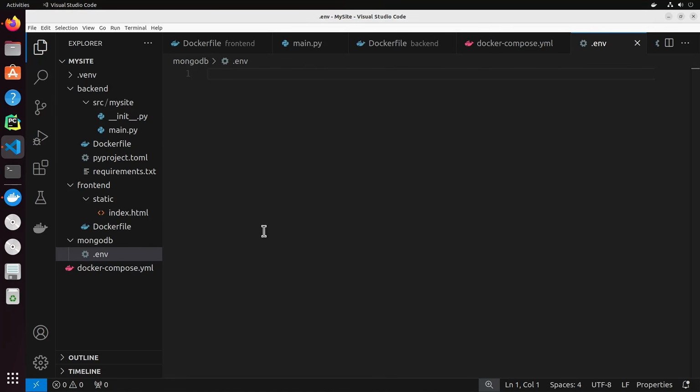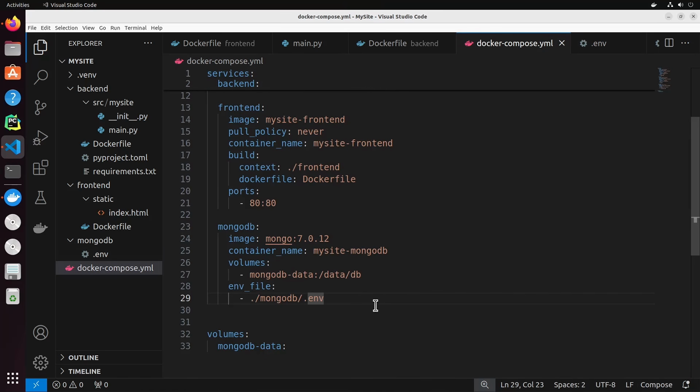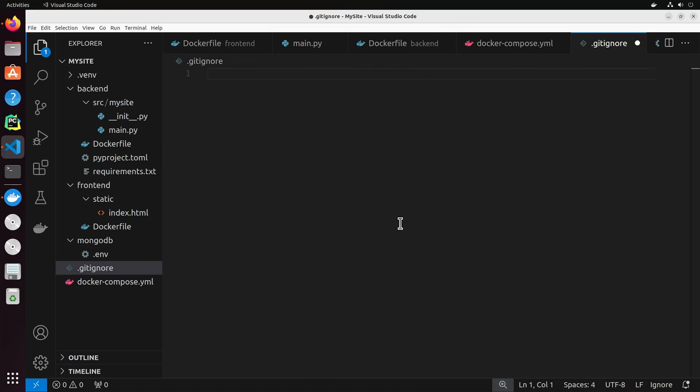Create a folder for the MongoDB service, and in there, create a file named .env. Take the environmental variables and put them in this .env file. Then in your Compose file, use the env file key, specifying the path to your .env file. Immediately afterwards, you should create a git ignore and add .env to your git ignore so you don't accidentally commit